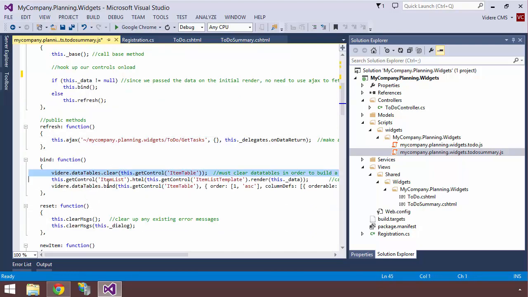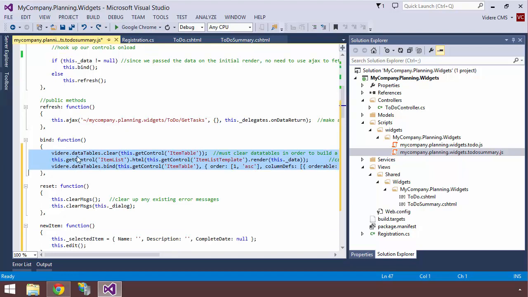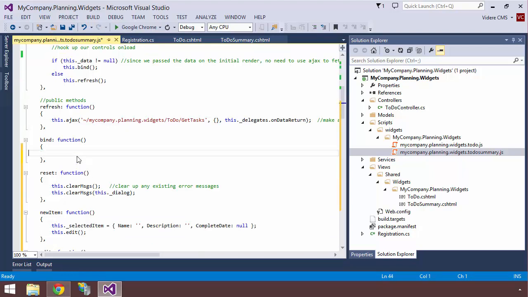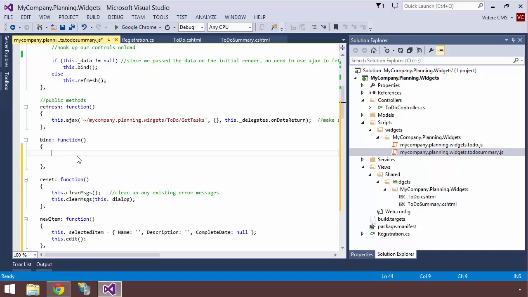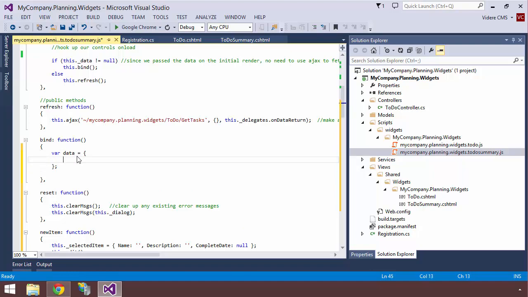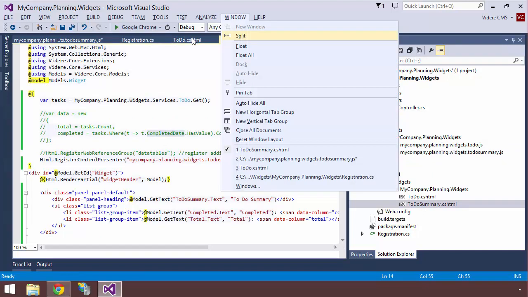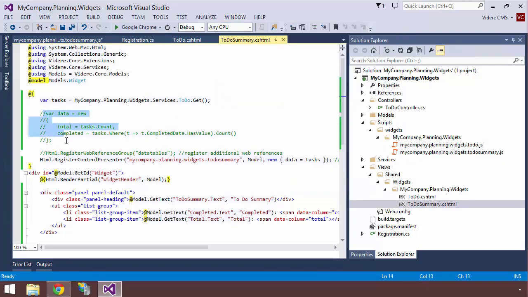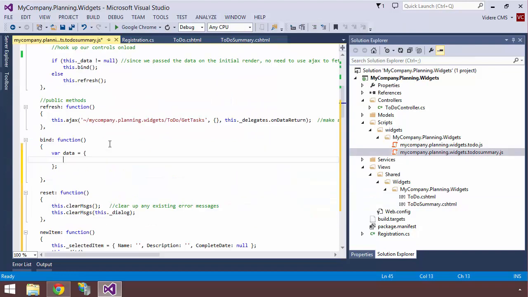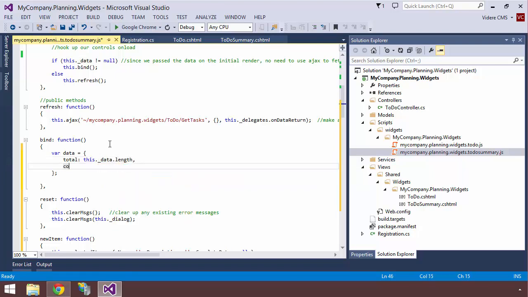Our bind is now going to be rather simple. We're going to delete the existing bind. We're going to create a new data object, just like we did the anonymous type before on the server side, right up here. We're going to do something very similar on the JavaScript side. So we're going to say total equals this.data.length, and completed